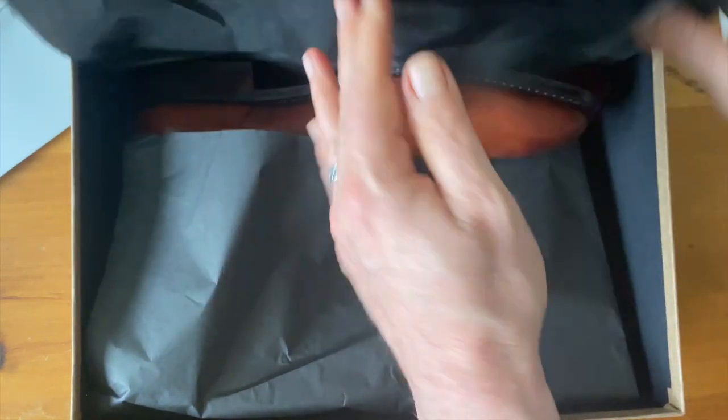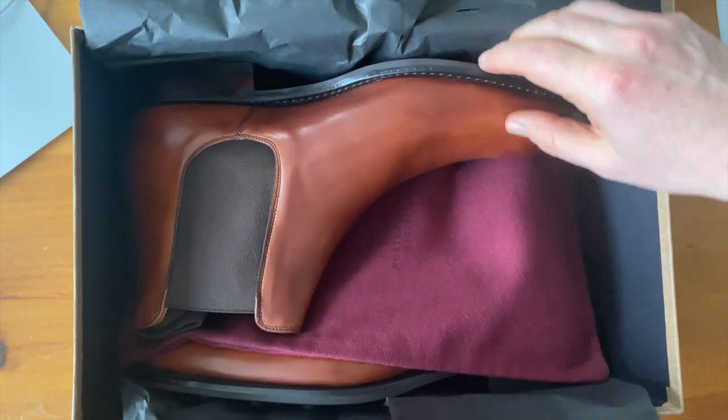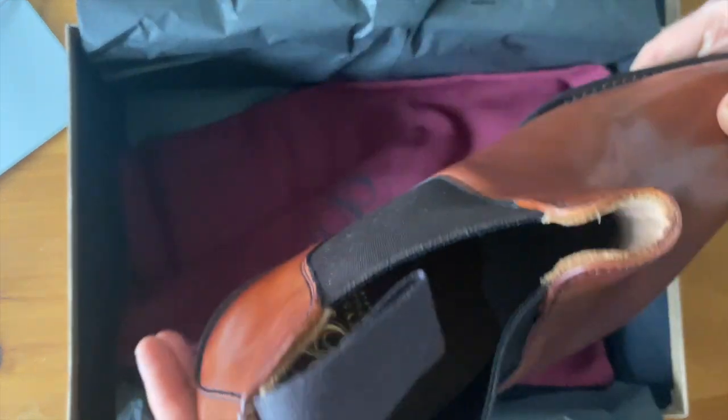There's a shoe bag, which is kind of cool. The single bag though. And let's take a look. Oh, there's a second bag. These are Bodileys, made in England,